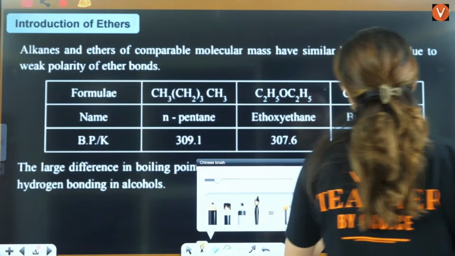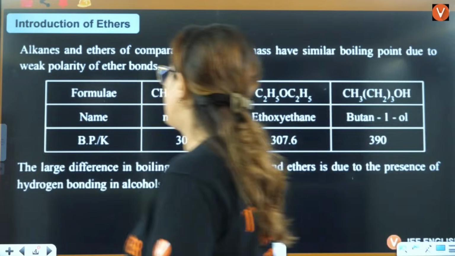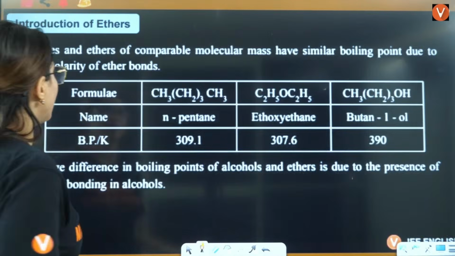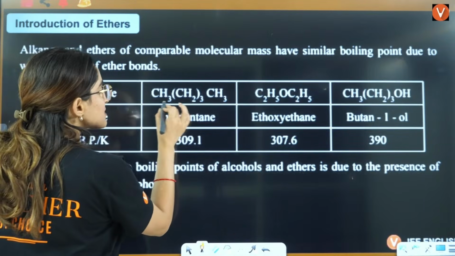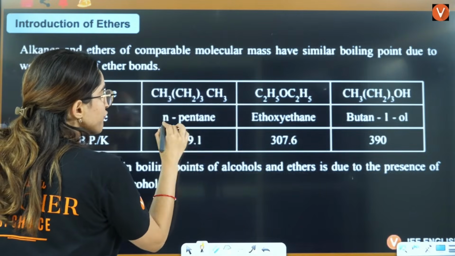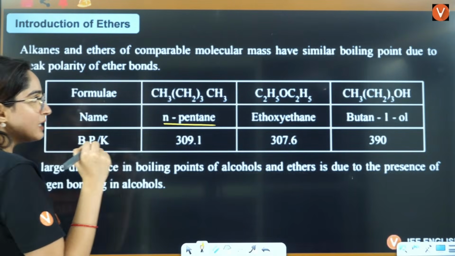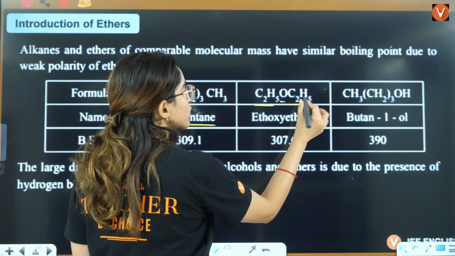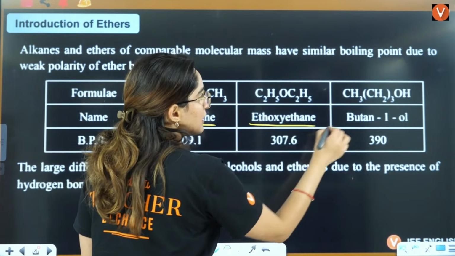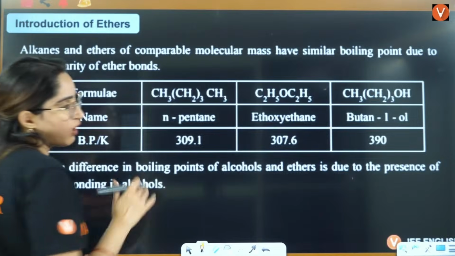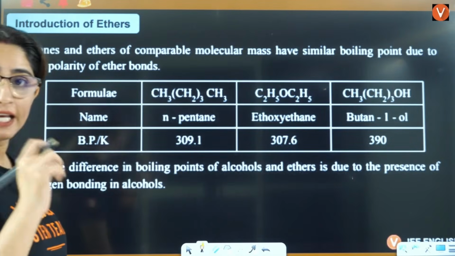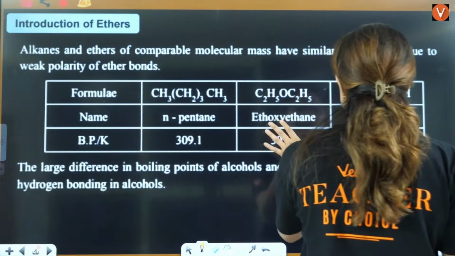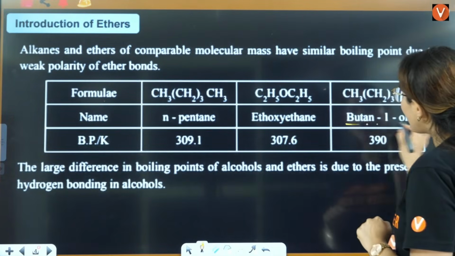Now let's talk about the different kinds of ethers that exist here. If you see this, it is an alkane, the same number of carbons. If you see C2H5O, C2H5, this is ether. If you see this, this is alcohol. If we talk about the boiling point of alkane, ether and alcohol, alcohol has the maximum